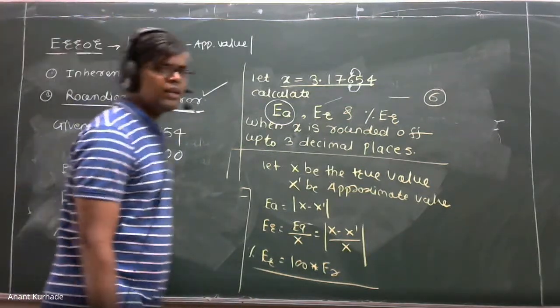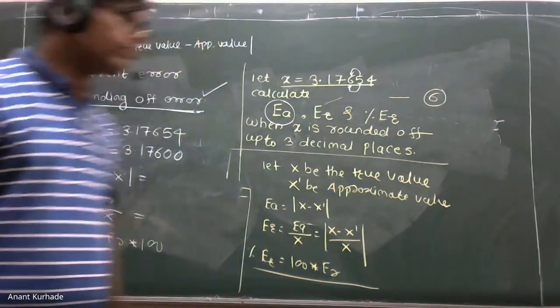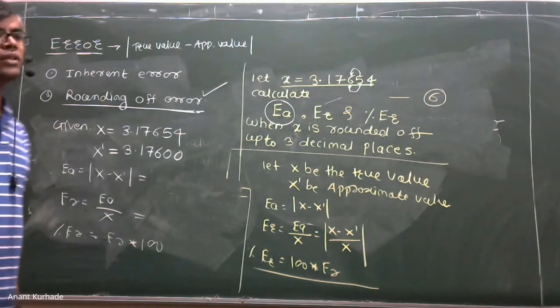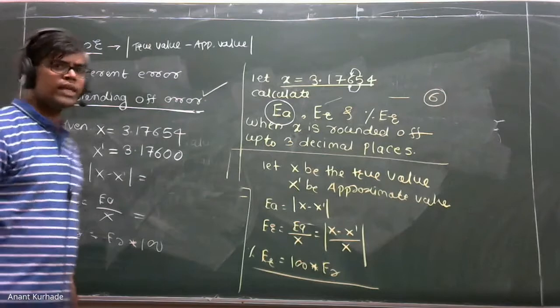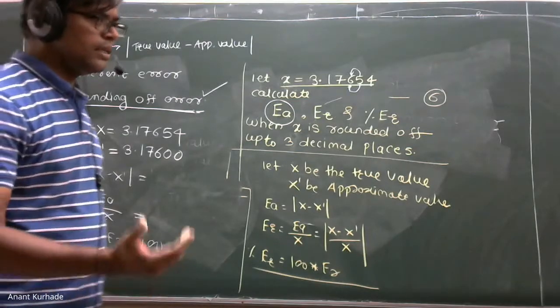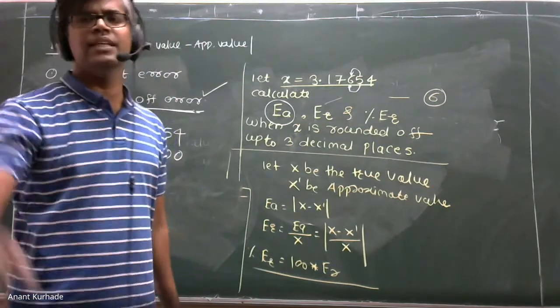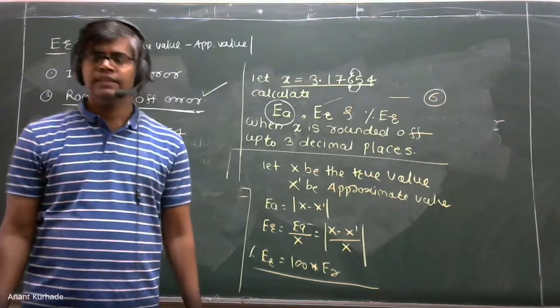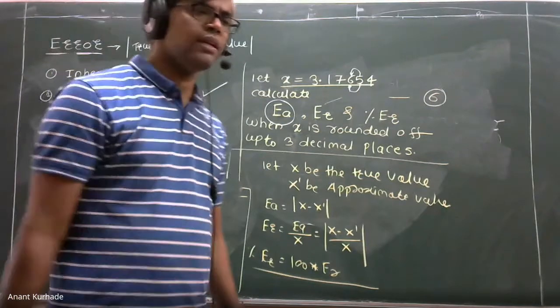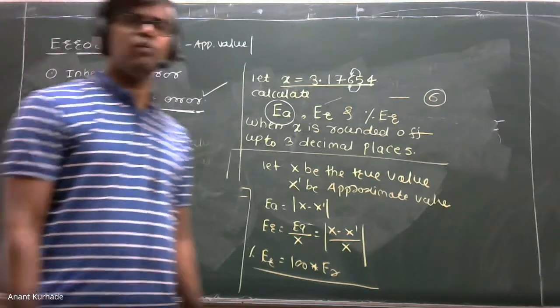Rounding is actually one type of error, rounding error. So how can we define this? Simple. The errors which occur due to rounding the numbers, we can call rounding error. Now we can write in the exam, and in the exam we have to give an example. We can take any number. Let's consider x is equal to this number, and after rounding up to 2 decimal places, we have this answer.